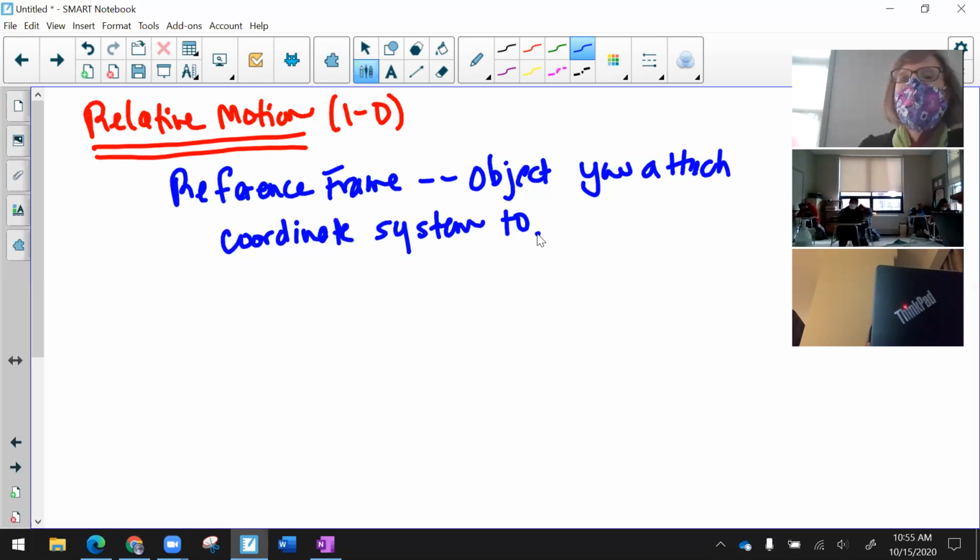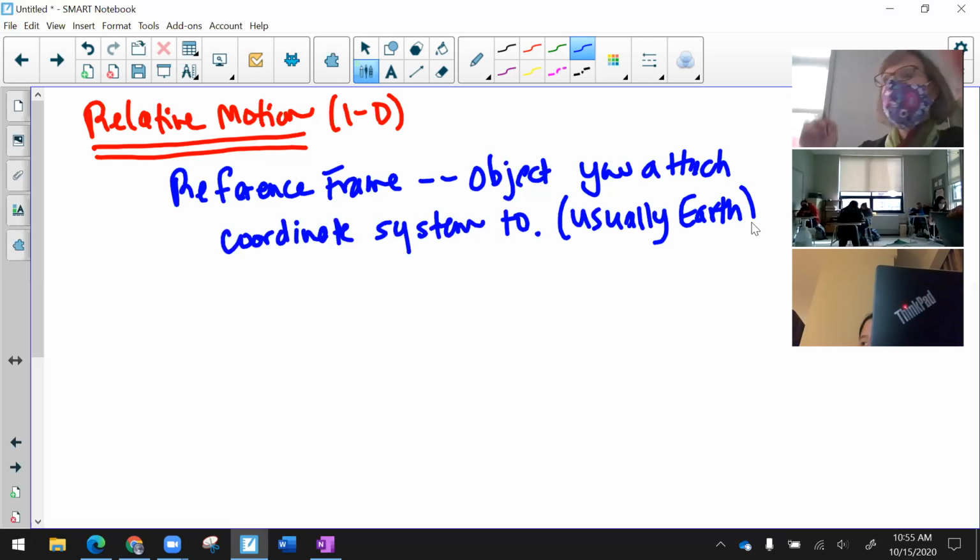Okay. And it's usually the Earth. There are situations where it might be something else. Let's say I went on one of those really great big huge cruise ships and I'm going to go jogging